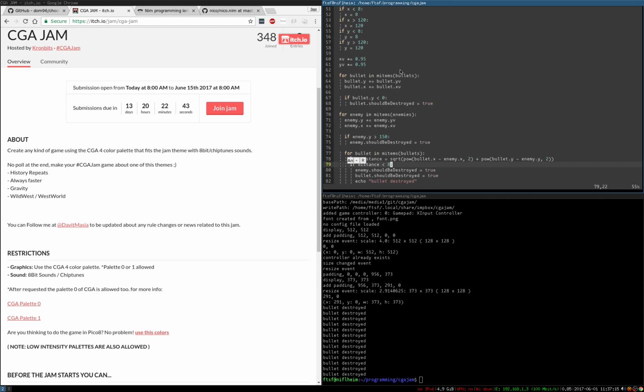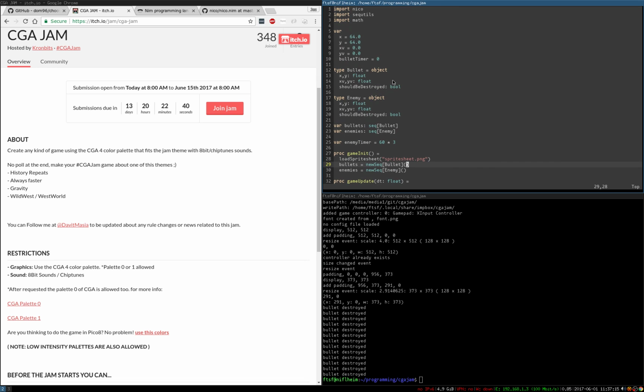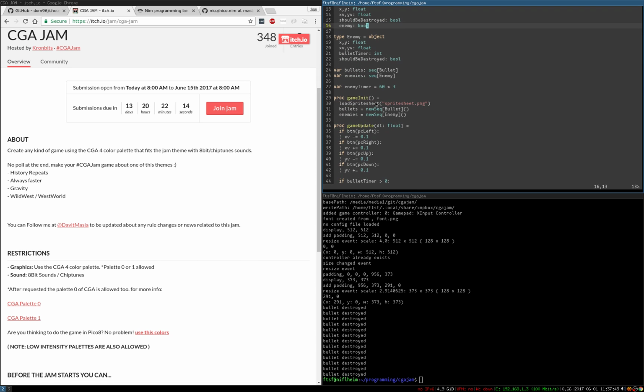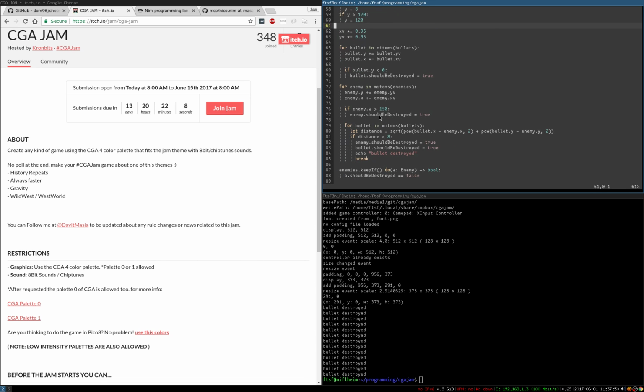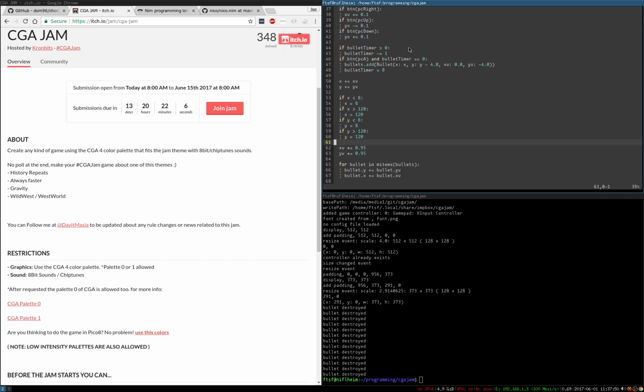How about we make the enemies shoot back at us? So we'll give the enemies a bullet time as well. And we'll have a thing on bullets to see if they're friendly or enemy. So when you create